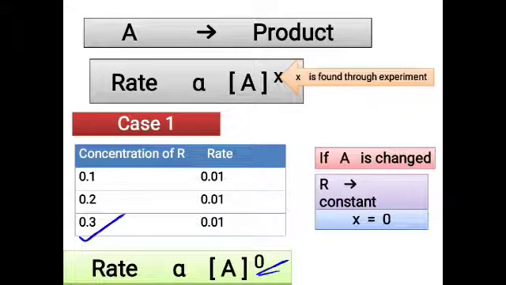So this equation tells you that however much the concentration of the reactant is, the rate is going to remain unaffected by the concentration. So it is independent of the concentration of the reactant. If you make it 100 times more also, the rate is going to remain the same. The concentration has no effect on the rate. So such types of reactions are called zero order reactions.